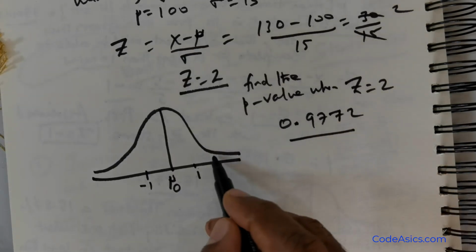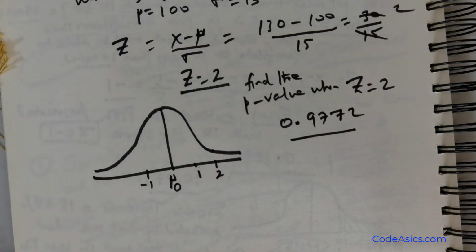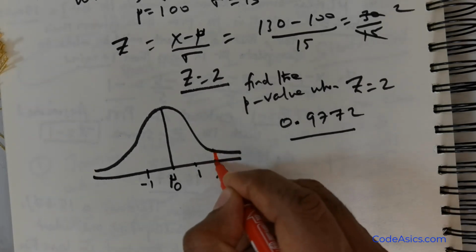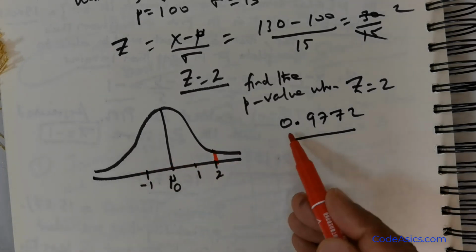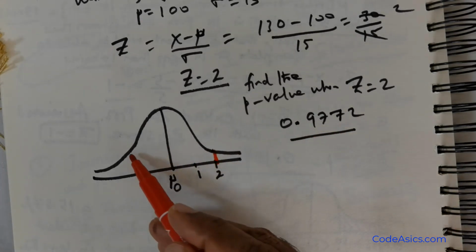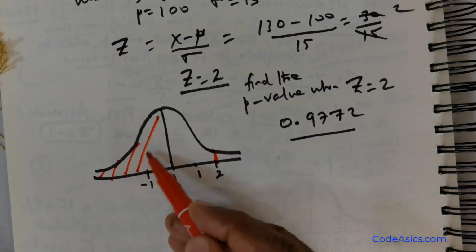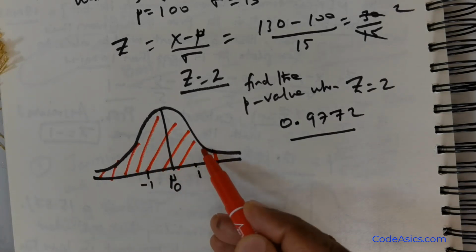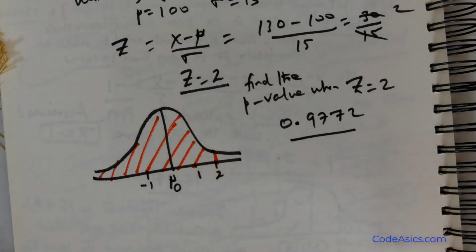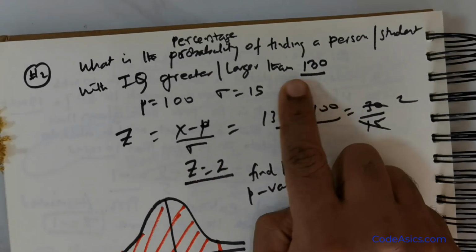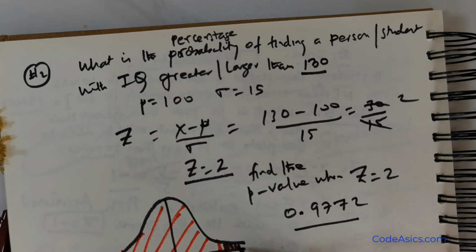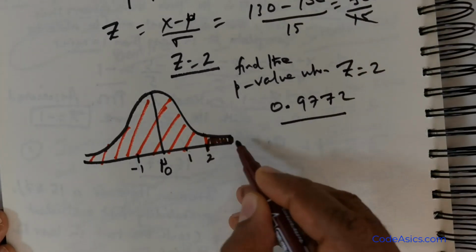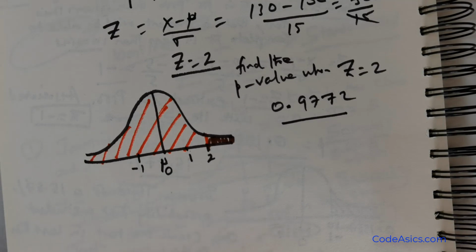Now this is not what is required. Now we are looking for, let me draw the line. We are looking for this point, fine, but we are not looking for this region. Now 0.9772 is actually giving us this region. We don't want that region because we are looking for a value that is greater. You see that? The question, greater, larger than 130. So that means we are looking for this region. So how do we get this region? That region is got